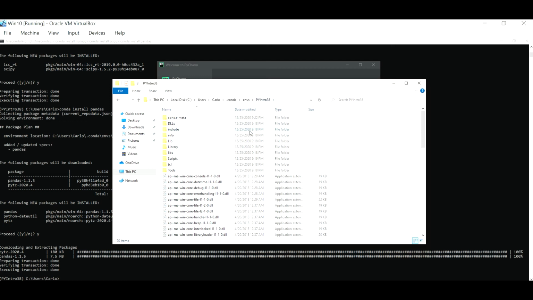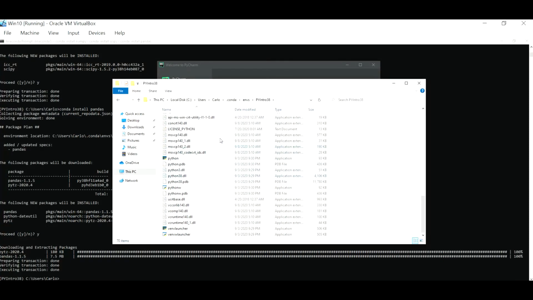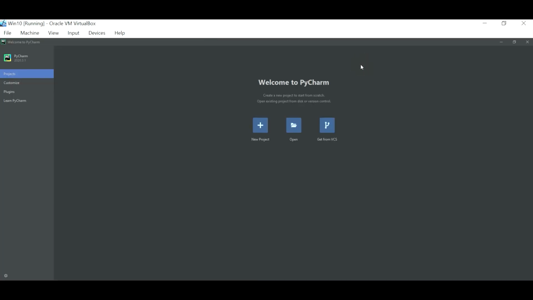When you create another environment from Conda, it will be right here, and all the environments to interpret your code will be saved under that environment. All right, so when we go to PyCharm, we want to call that environment. How you do that is, first of all, you create a new project,